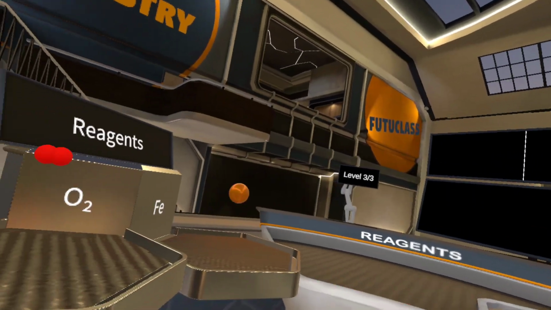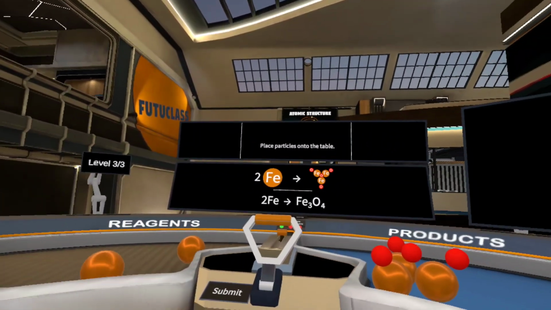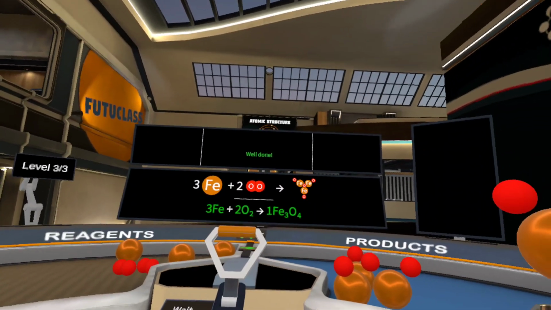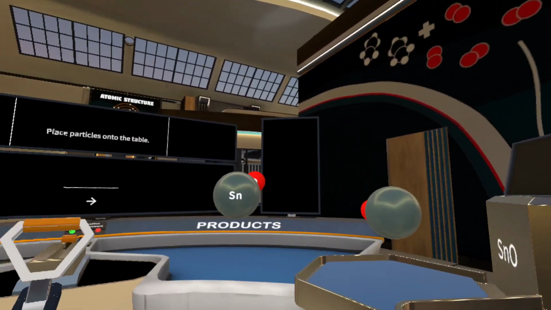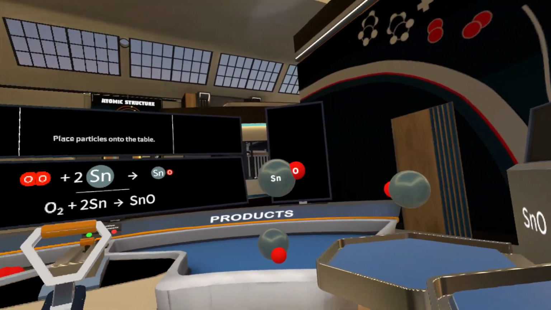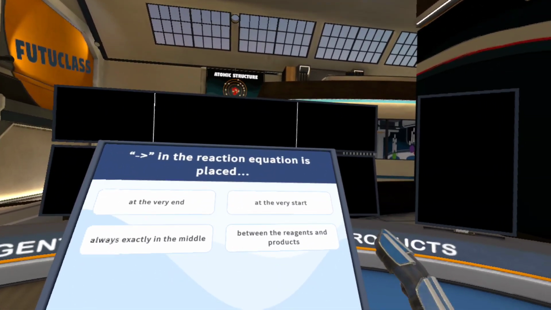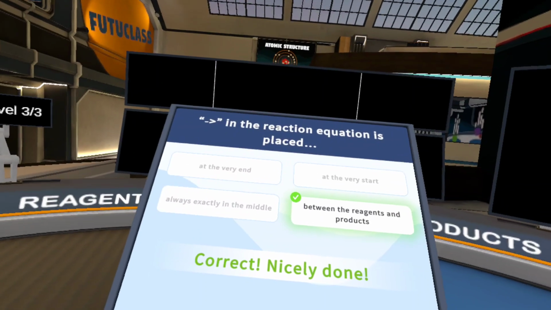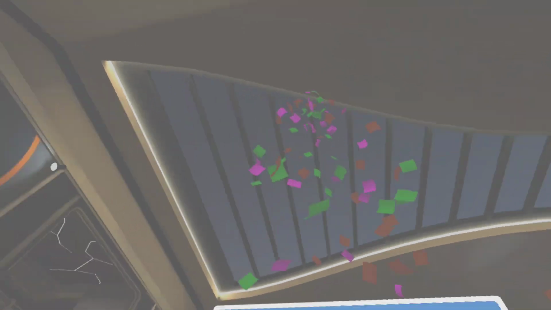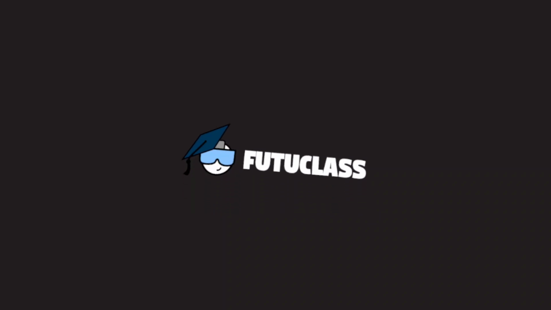Well done! Right on! Right on! Well done! So far, you have completed 3 levels. In the full version, there are 8. It covers several important topics, such as the coefficient,